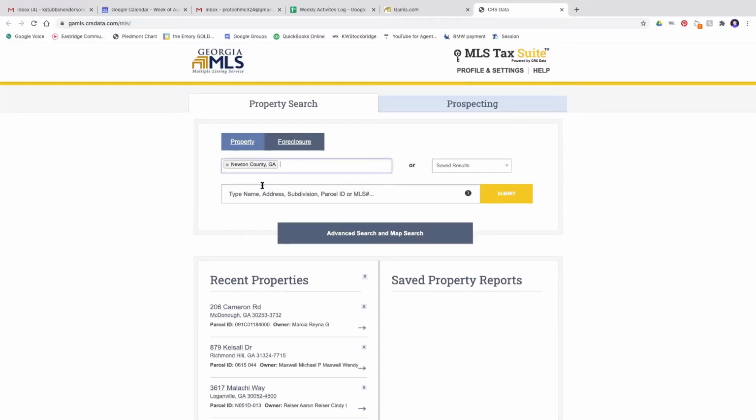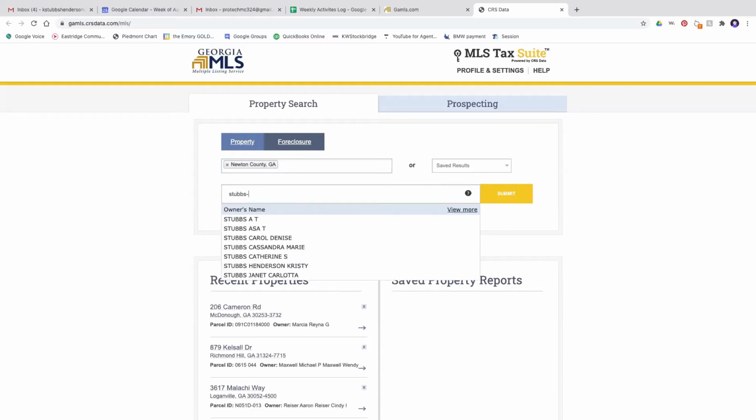Now, the great thing is with property searches, you can actually search by their name, you can search by an address, you can search by subdivision, parcel ID, or an MLS number, which is pretty cool through Georgia MLS. Today, we're going to search all different ways so you can see how they come up. So the first way we'll search, I'm going to use my name. We're going to search by my name. So Stubbs